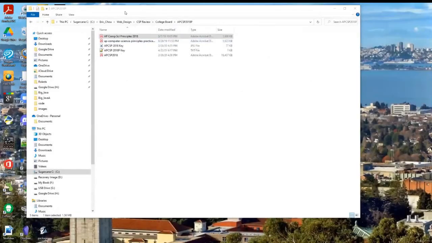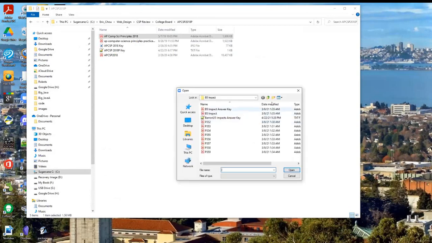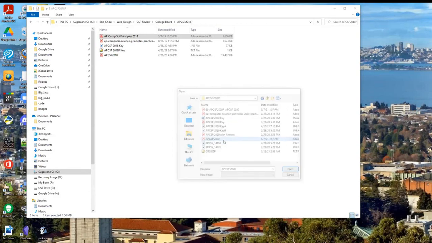Because we reviewed several sets, I'm not sure whether I did this one or not. So let me do it this way. Let me upload the 2020 set instead, another, newer set, so let's do 2020. Make sure that we don't duplicate.